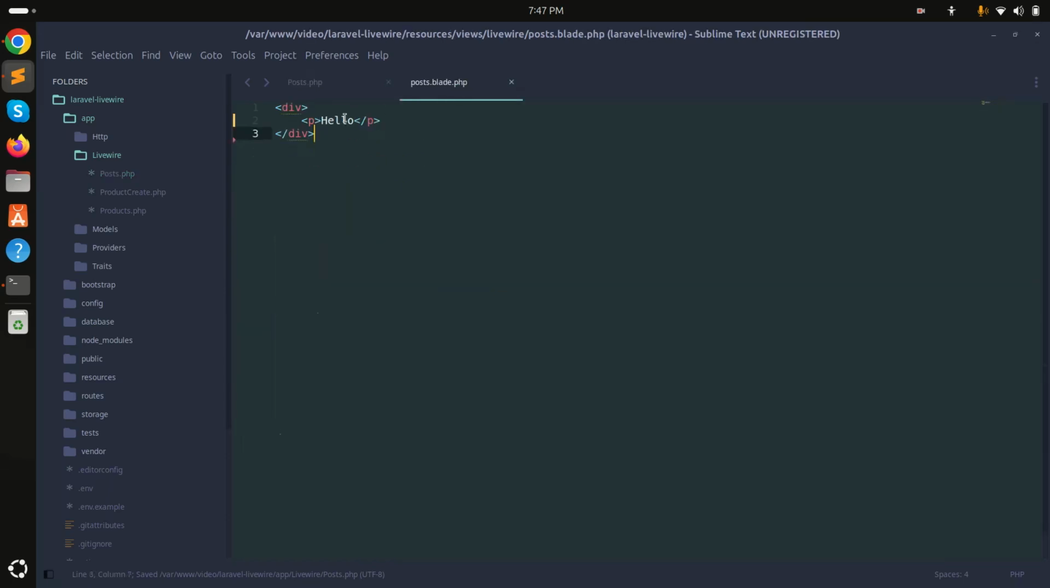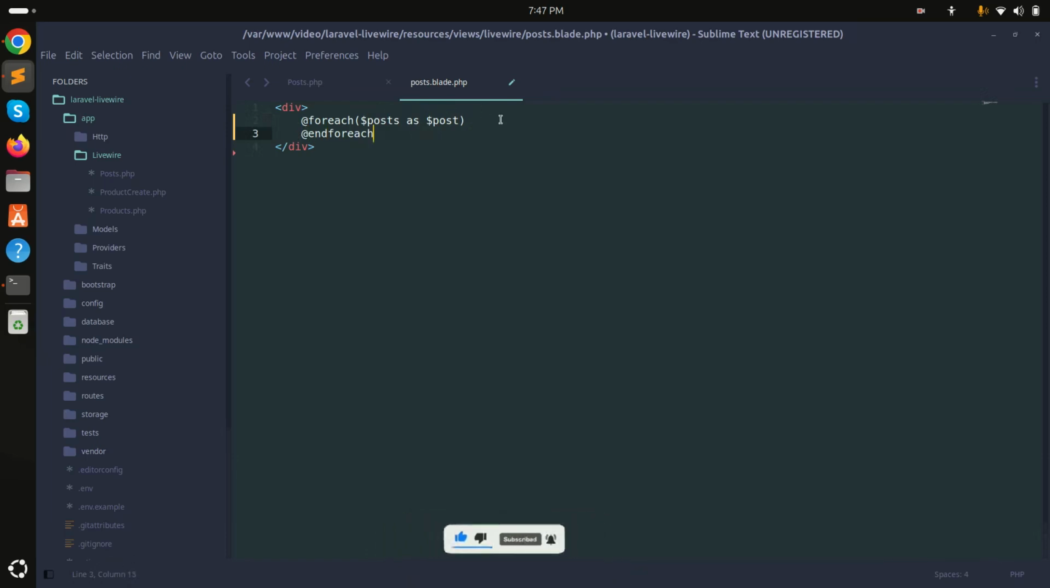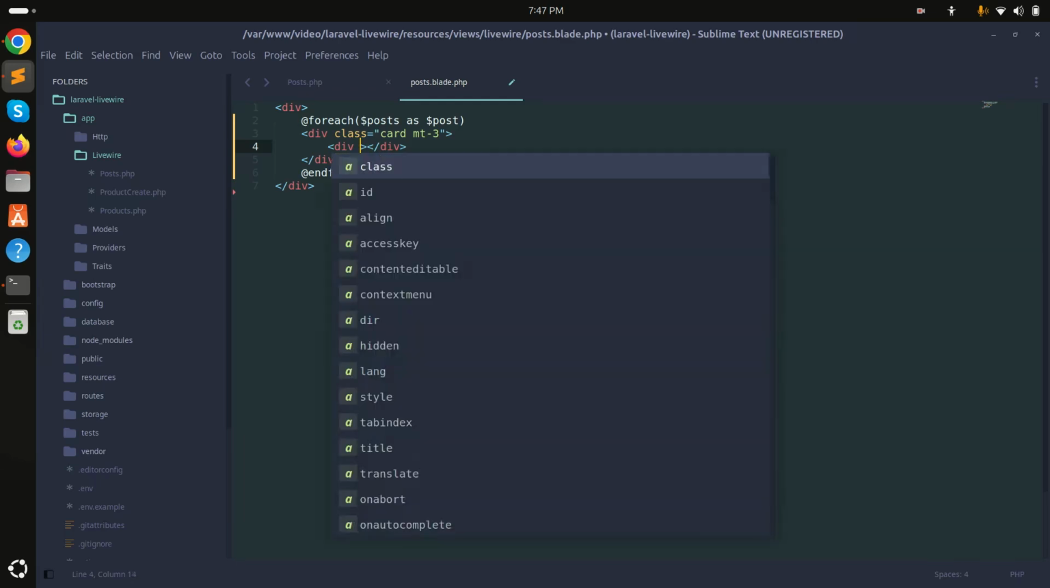Now I will go here and remove this one, and here I will write a foreach loop, posts as post, and end the foreach loop. Here I will create one card, with margin on the top, and add